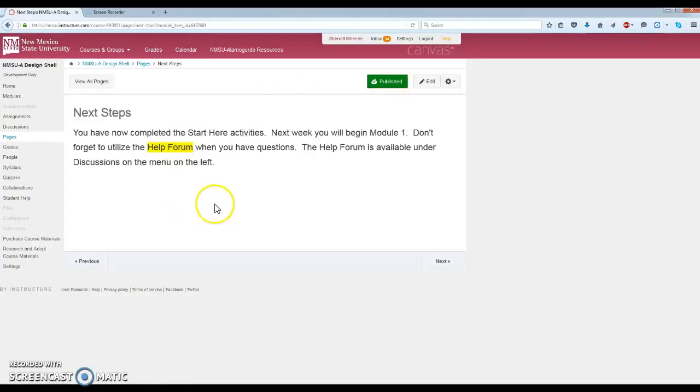And then the last page of the Start Here module tells them the next steps. What do you need to do from here? Of course, for mine, you can see there it's begin Module 1. It will not let them go on to Module 1 until they've opened up every single page of the Start Here module, which I really like about the Canvas LMS. I don't know if they've read it, but I at least know they've opened it up. And then they also have to make a perfect score on that little quiz.